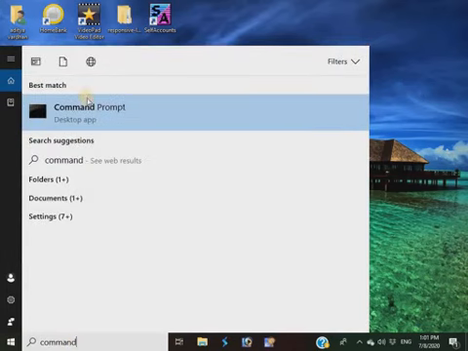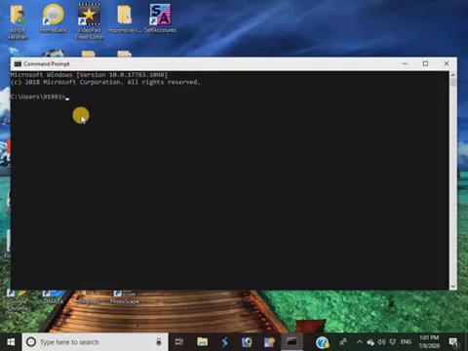You will see the list of related options appearing in the menu. Clicking Command Prompt will start the DOS application, and here if you want to work, we have to know about the commands. So I am simply demonstrating the work of some important commands.